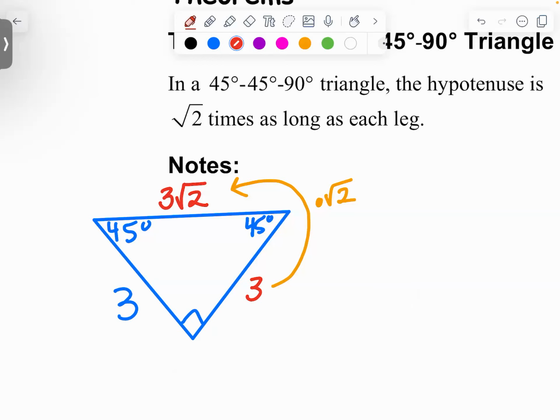It's as simple as that. Now, the more complicated things come when maybe we have an irrational leg, like maybe you have 3 radical 3 as your leg, and then we have to multiply radicals. Or